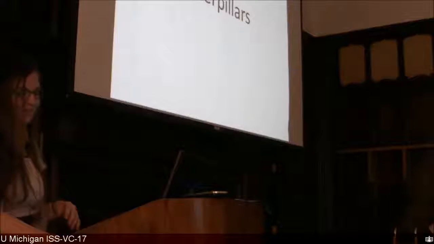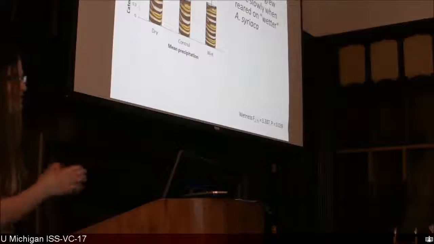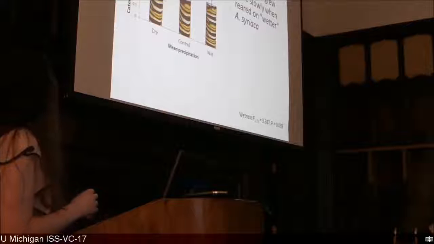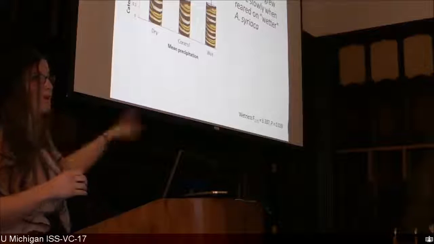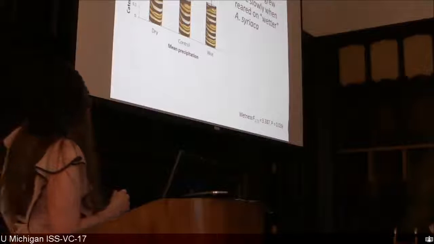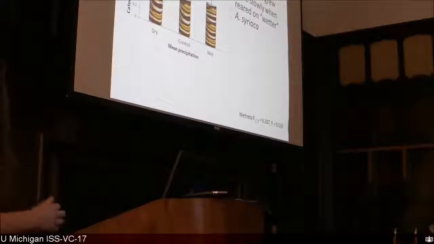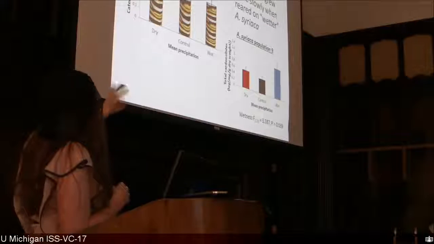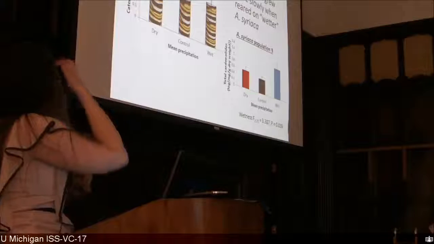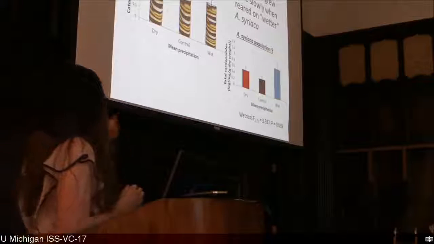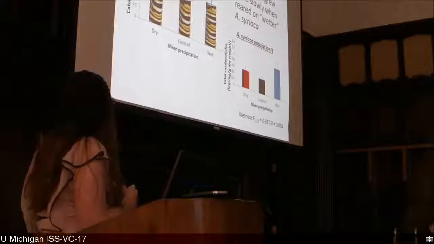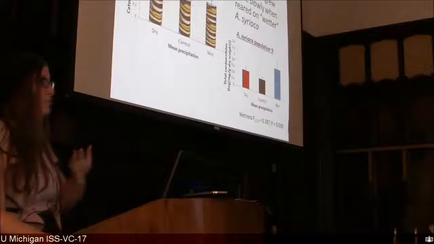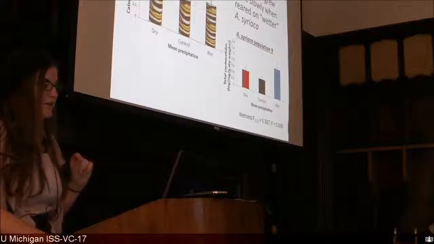Okay, I'm going to fly through what I found for my caterpillars real quick. So when we looked at our caterpillar growth rates, we found that caterpillars actually grew more slowly when they were reared on wetter plants. Remember, this is only one population of syriaca being used, but there might actually be some reason for that. So I went back and looked at that one population of syriaca that I used and assessed its own cardenolides for just the one population. And we see that syriaca actually produces more cardenolides,